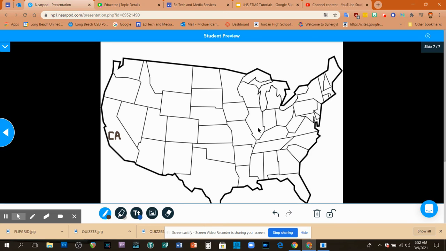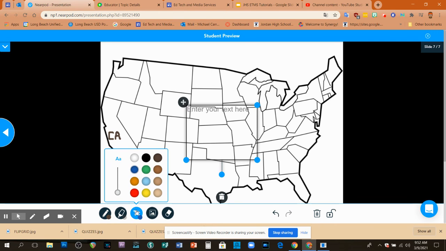Now, what might happen is students might find that it's a little bit difficult to write with their mouse or their mouse pad. So they do have the option of coming over here to the insert text feature, okay? And you can select a color. I'm going to click on the insert text feature, and then you can see that the text box comes up